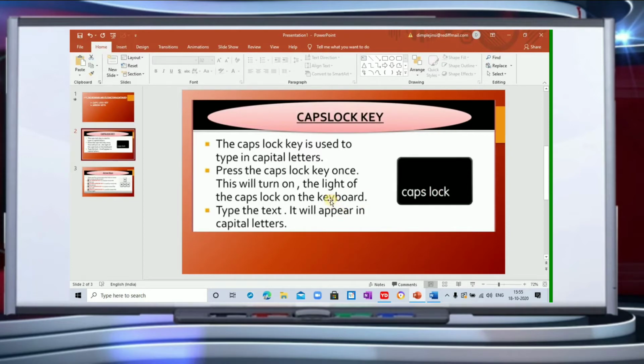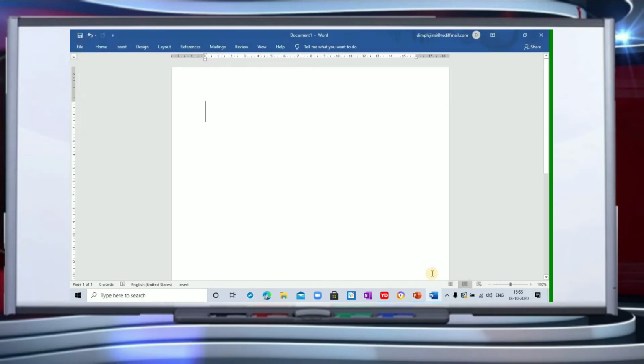And now you can type the letters or the text in capital letters. I can show you this with the help of an example. Let me show it to you.